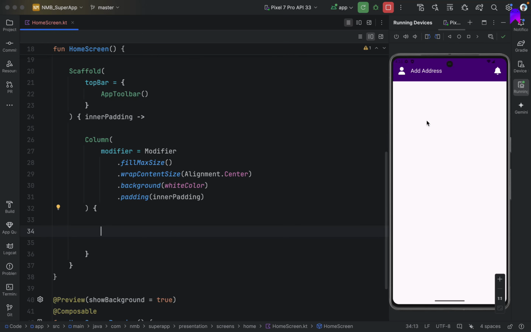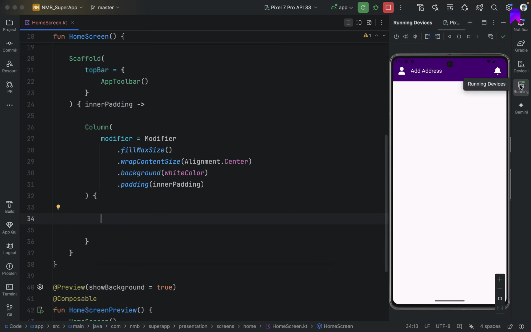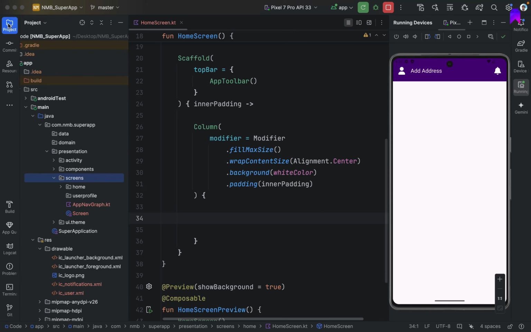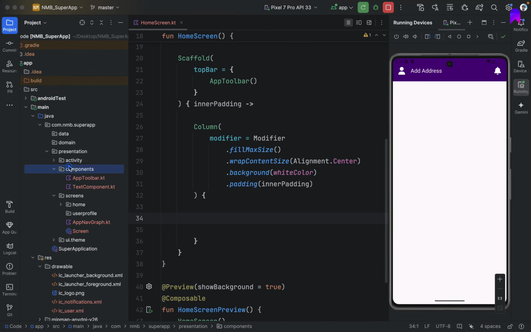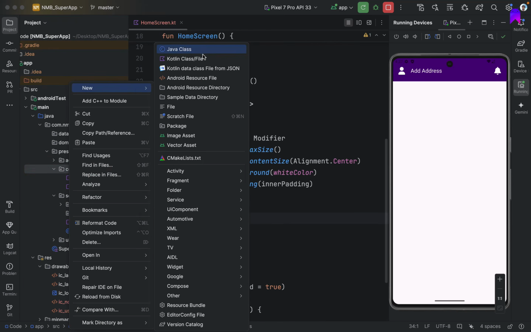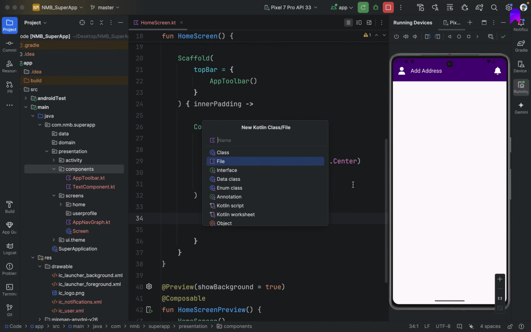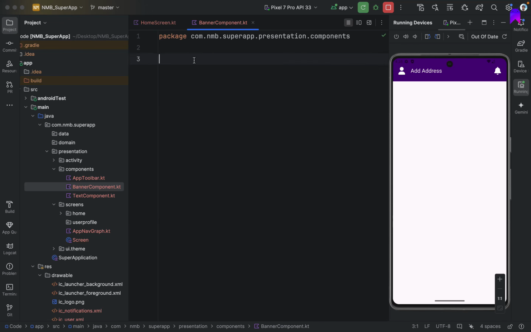First of all, let's start by creating one card component which can render dynamically whenever we send something from Firebase or server. For that, let's go to our components, and here we can create one file and call it banner component. Let's create one composable. Let's call it banner component,